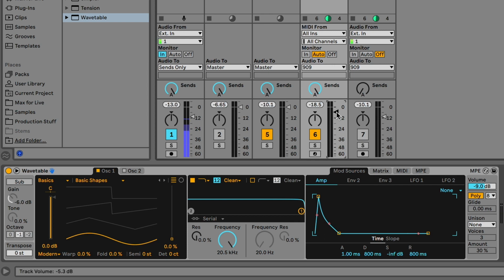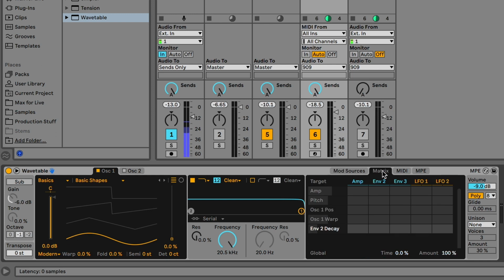We'll also need a similar pitch envelope, so let's use envelope 2 and set it up to change the pitch using the modulation matrix. So I'm taking envelope 2 as my source, going over to the pitch,